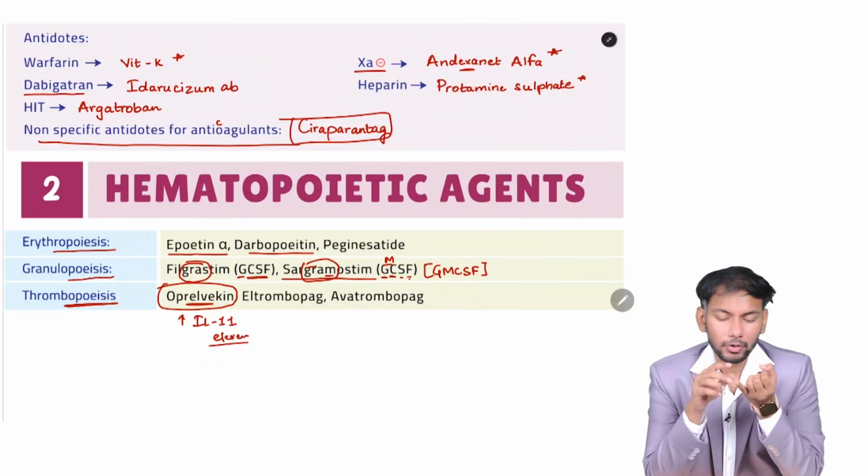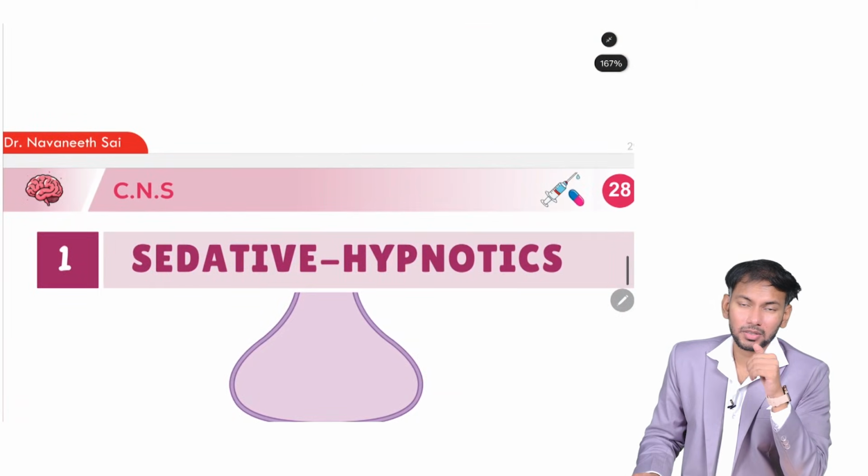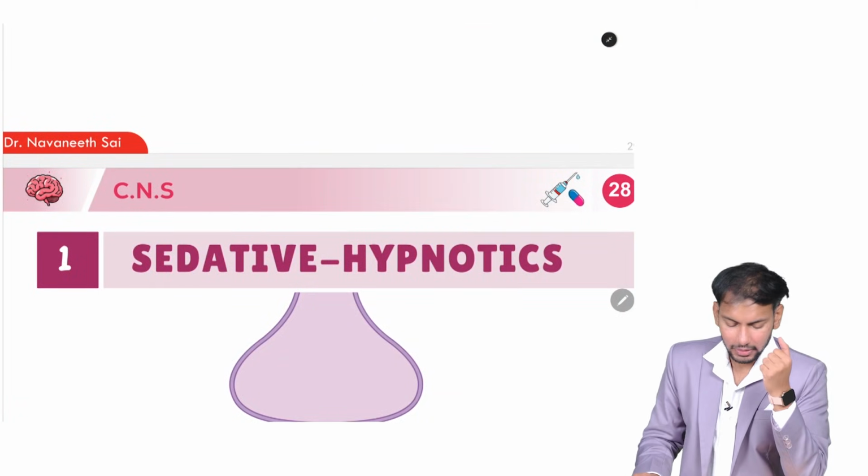Yes, in this I want you to remember epoetin, darbepoetin, filgrastim, sargramostim and oprelvekin. These are most commonly asked drugs in the exams. So, this finishes our hematopoiesis chapter, the hematology chapter. Yes. Now,